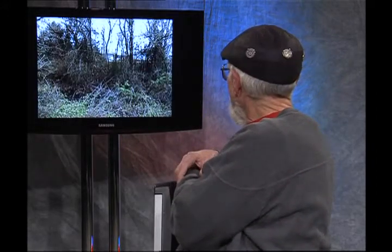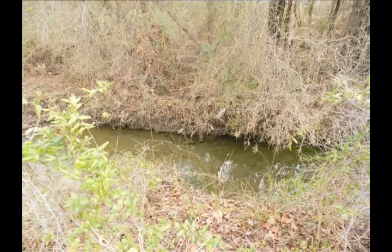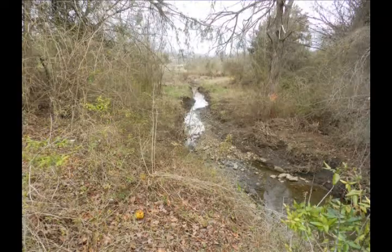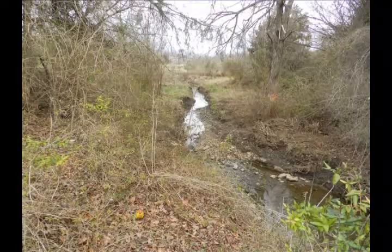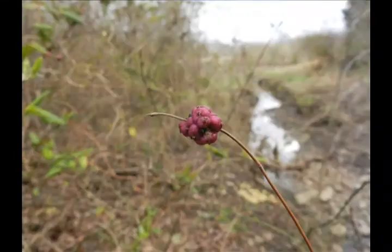Okay, there's an interesting batch of trees growing together, cedars and locust, thorny locust or whatever, various things. And here is the little stream that runs from Baum Stadium Detention Pond down to the west arm, which you can see in the background here. We're looking downstream, and there's a native plant. It's called Indian currant,